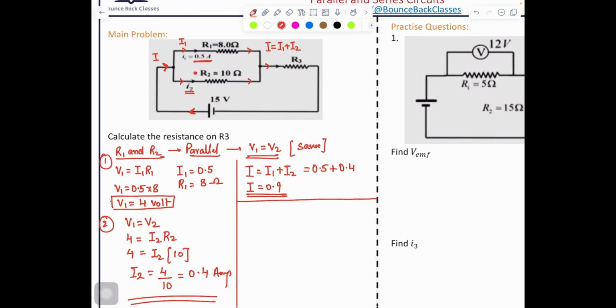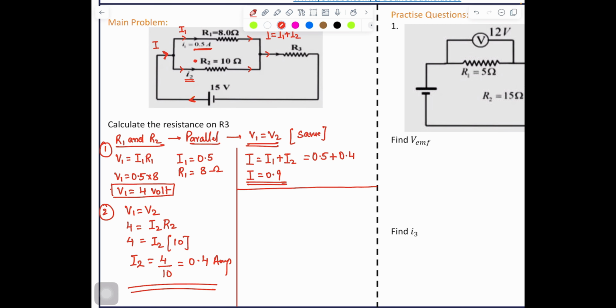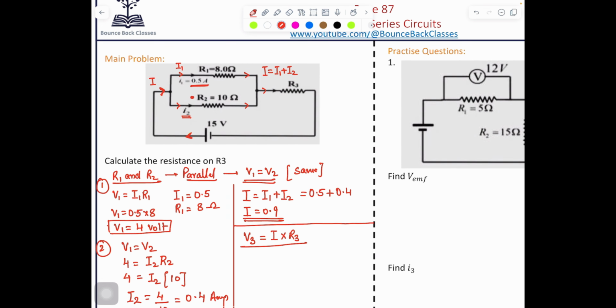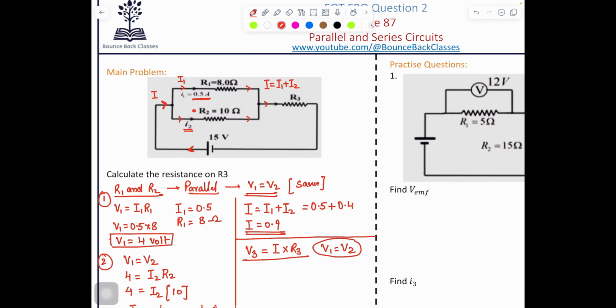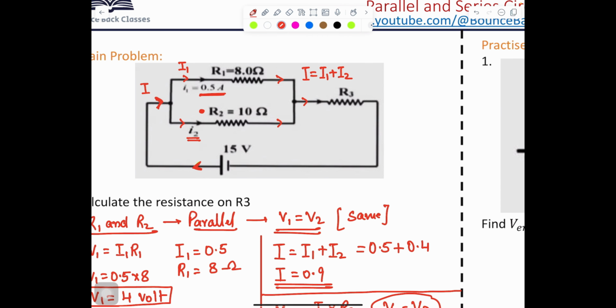Now voltage at R3. This is important. We need to find R3, so we need to find V3, which is equal to I multiplied by R3. We understand V1 is equal to V2. Now you need to focus here. You have a battery of 15, and when you come here, V1 equals V2, both of 4 volt. So this will be your potential